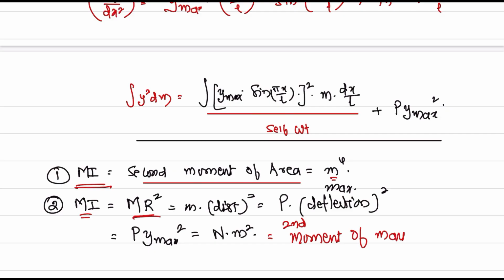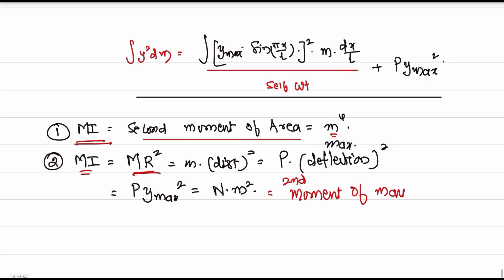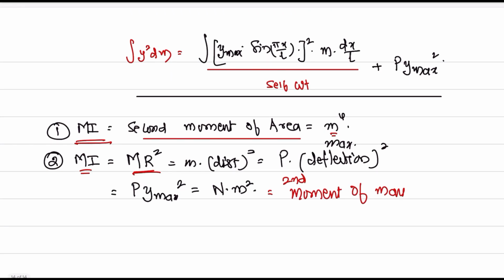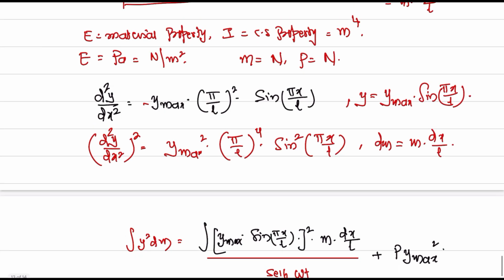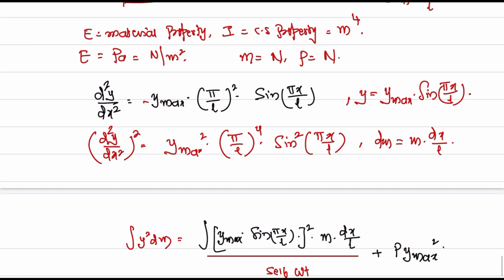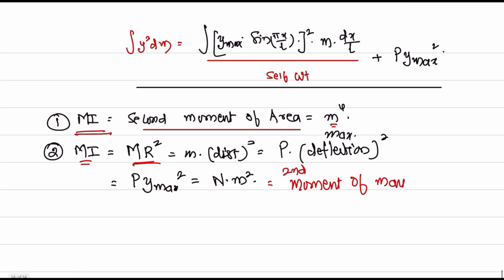m r square. I am just calling it. I don't want to be bookish in all these things. I want to be practical and teach you practically what is what. Now, once we have got these values, integral y square dm is with you, and d square y by dx square whole square is also with you. Then we can go for